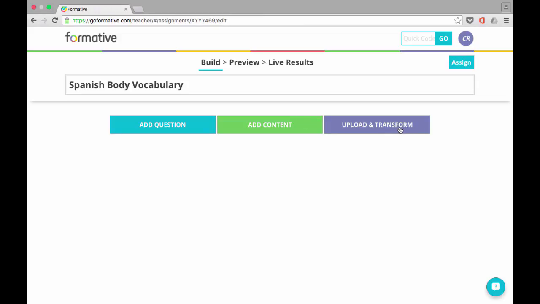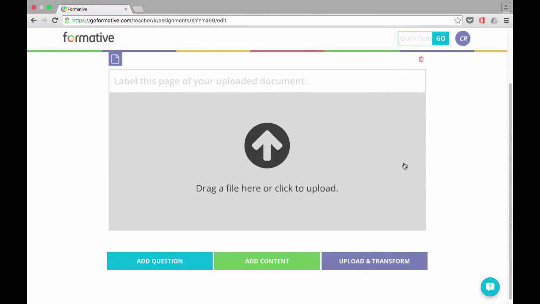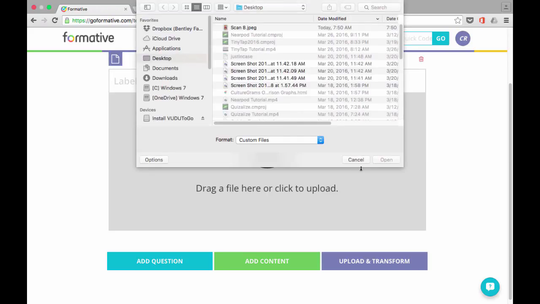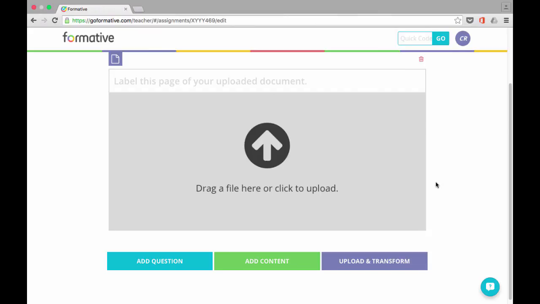Now you can also upload and transform. So let me just briefly talk about that. If you click on upload and transform, in theory at least, you should be able to click and drag a file, let's say a Word document or a PowerPoint presentation, maybe even a PDF, and drag and drop it in this box. Or you could just click to upload a document. You would just select the document that you would like to upload and it would appear there. If it goes well, it should upload and transform into Formative's format, and you might be able to use it